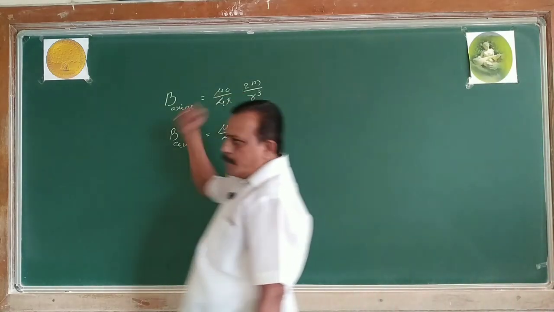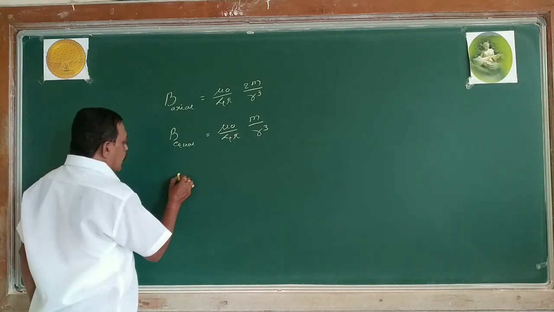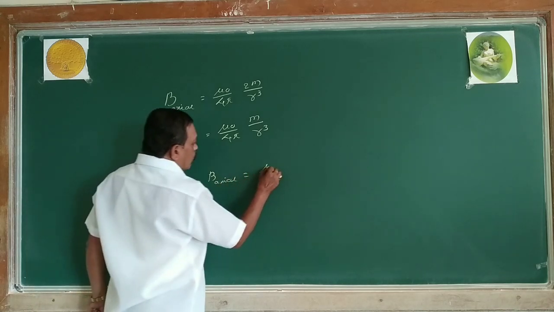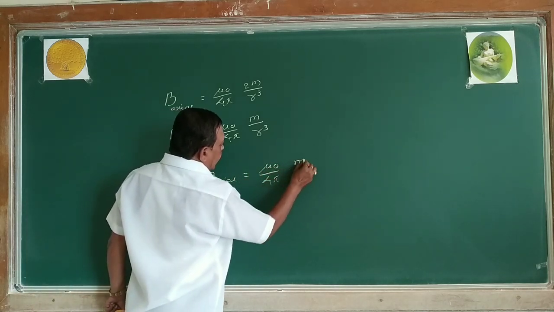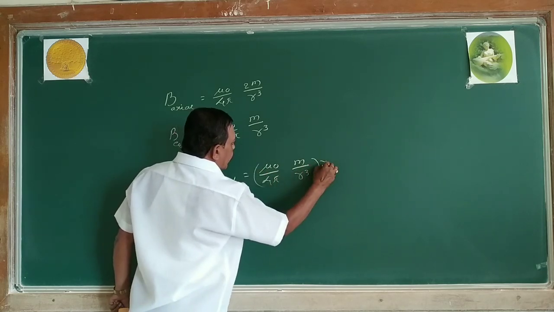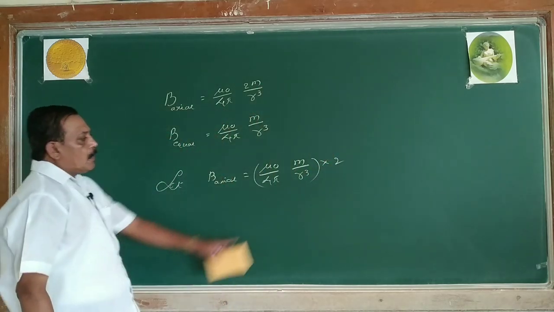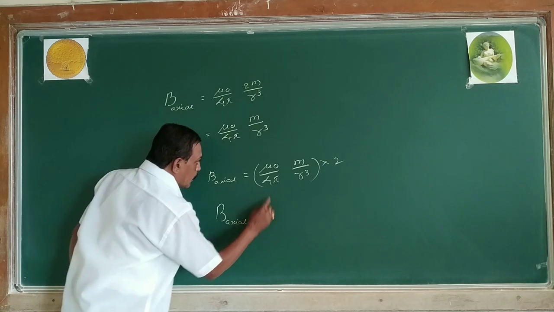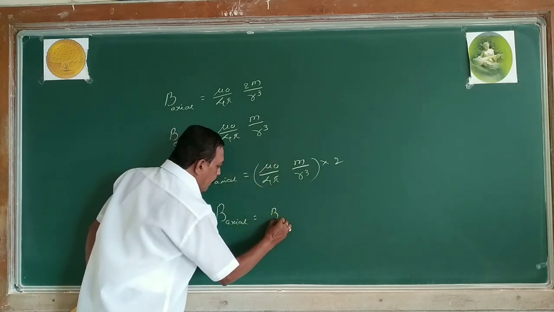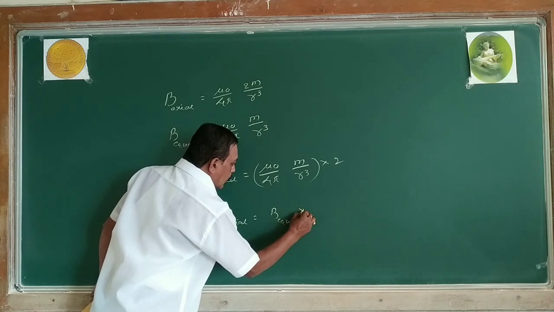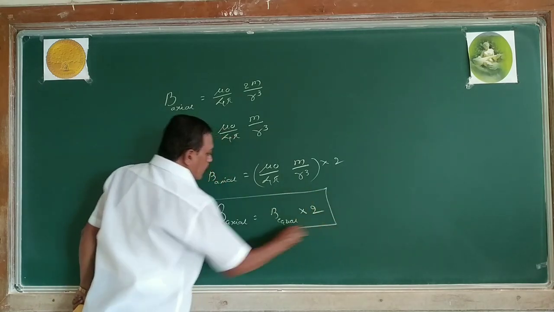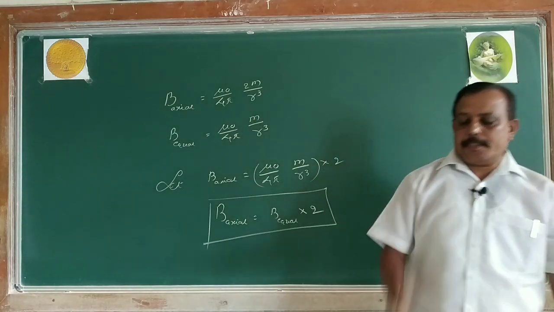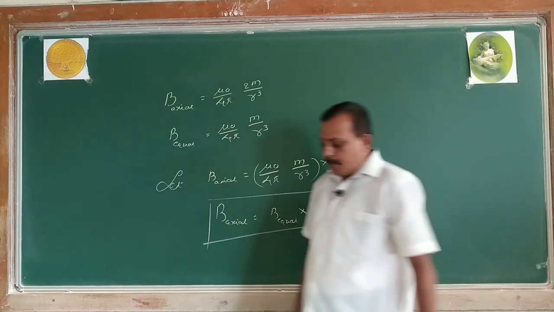If I establish the relationship between them, let B axial equal mu naught divided by 4 pi, shall I write m by r cube, 2 separate? 2m by r cube is nothing but 2 separate layers, where B axial, this complete factor, is nothing but the equatorial line field into 2. Now this is a relation between the magnetic field on the axial line and equatorial line of a bar magnet. So we have considered the bar magnet as an equivalent solenoid.